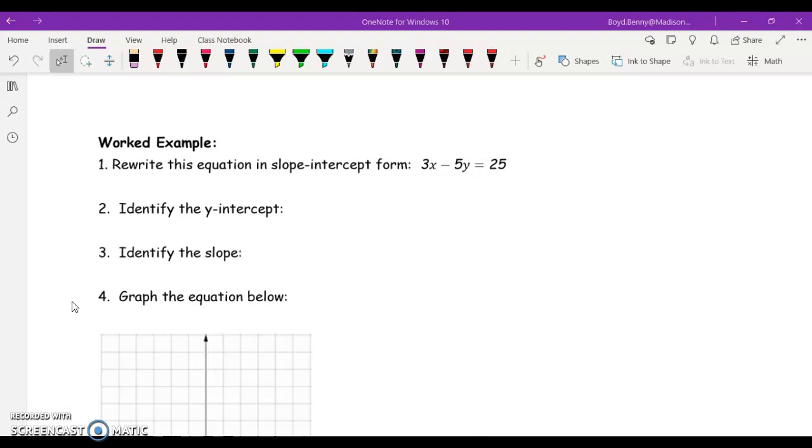So looks like we're being asked to rewrite this in slope-intercept form and then identify the slope and the y-intercept and graph it. So just like in the previous examples, we're going to isolate y by subtracting the 3x. That's going to give me negative 5y equals negative 3x plus 25. Then I'll divide by negative 5,